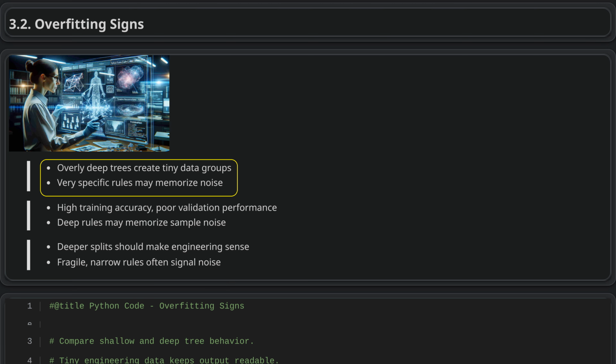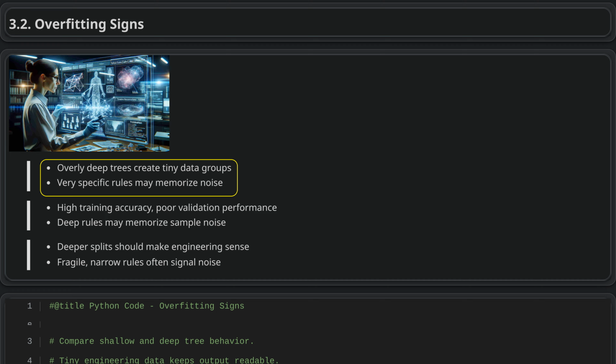Overfitting in a decision tree happens when the tree becomes too complex and creates overly specific splits. Instead of learning broad patterns, it may focus on rare sensor readings or other details that reflect noise. When a rule describes a unique case rather than a general trend, the model is likely memorizing the data instead